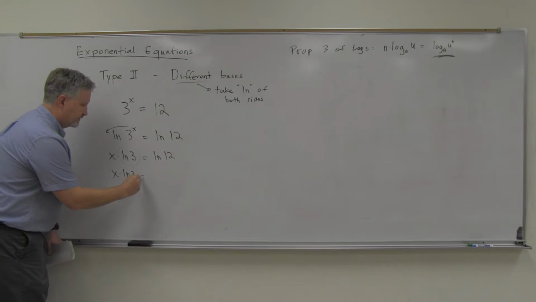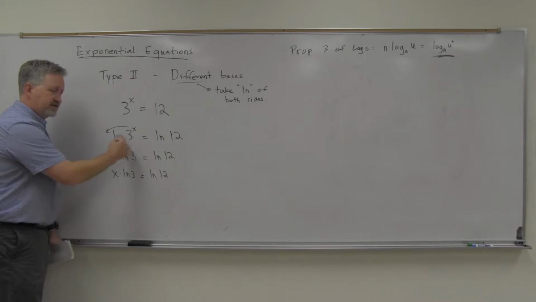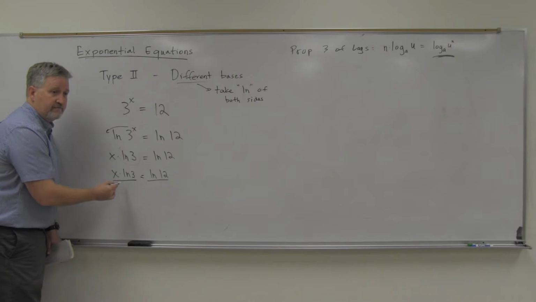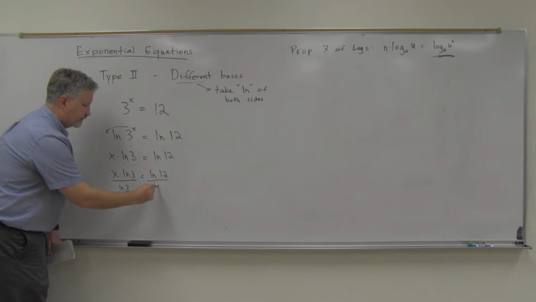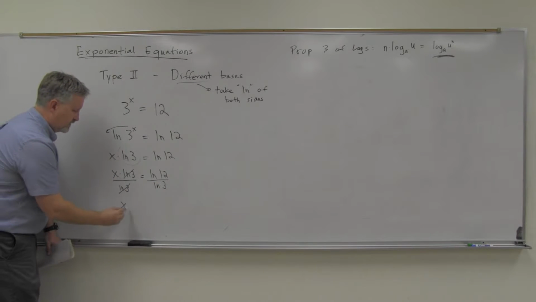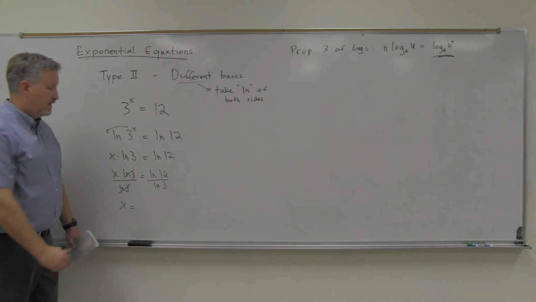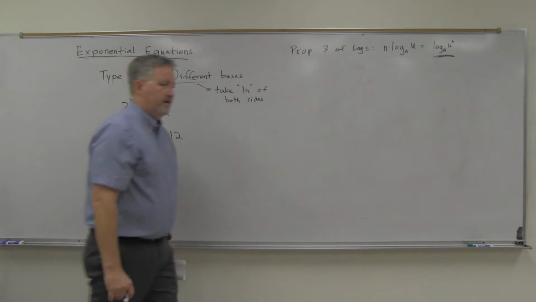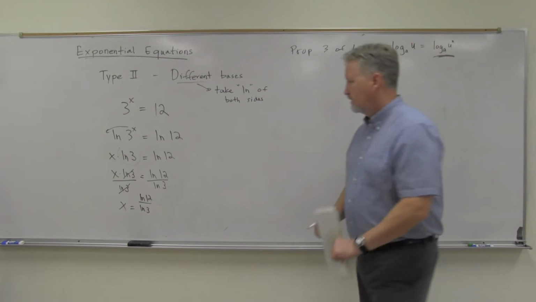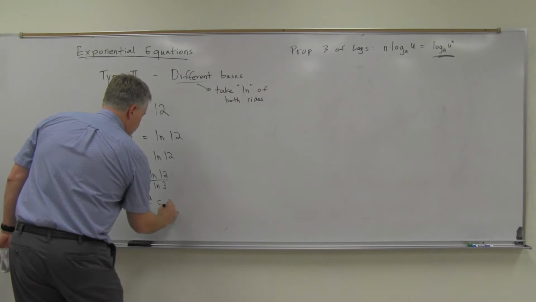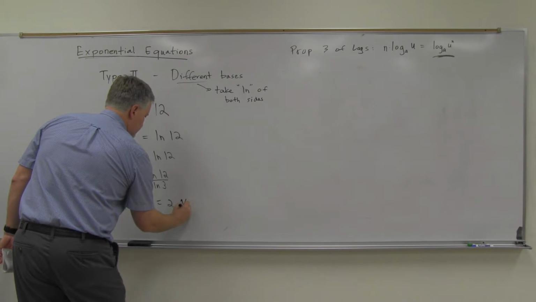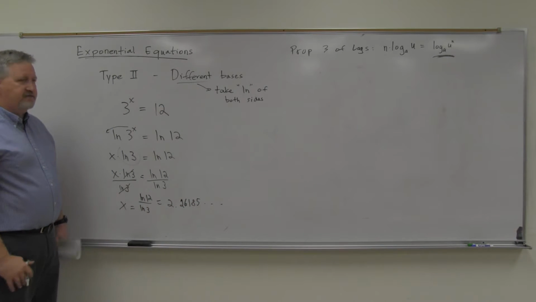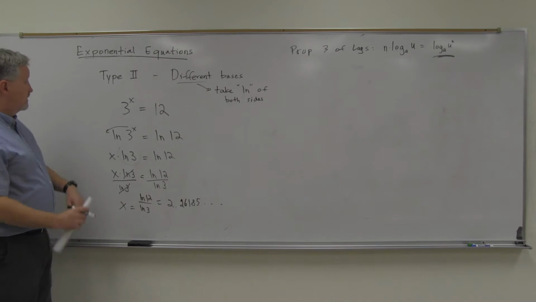I'll make it another step here so we can keep these separate. So bring down the power because it's a logarithm. This is just a number, so how do I get rid of it? It's times the x, so I divide by it, right? x is the ln of 12 divided by the ln of 3. And so I can get 2.26185 9507. Yeah, so depending on how many places you want, you can get that value, which does make sense because,